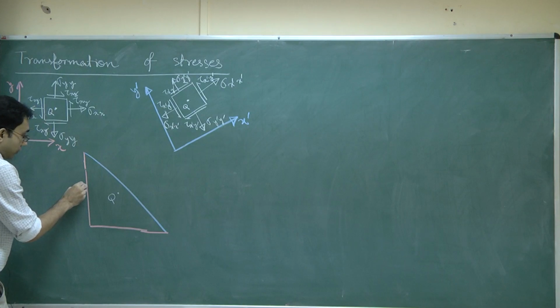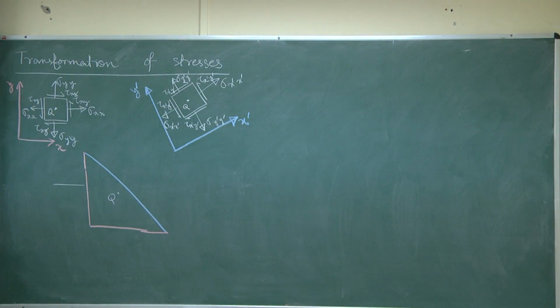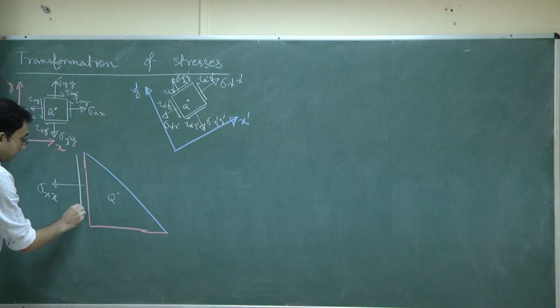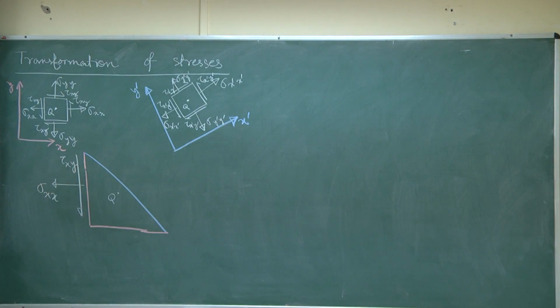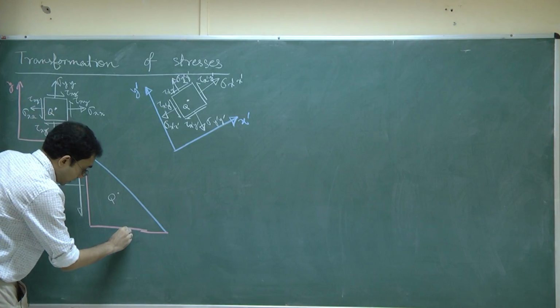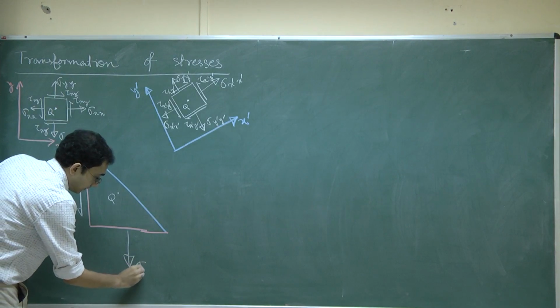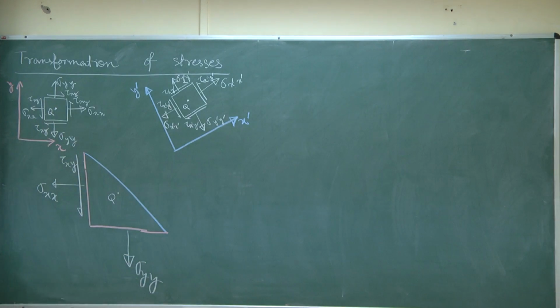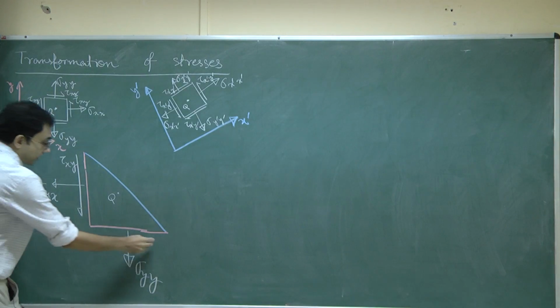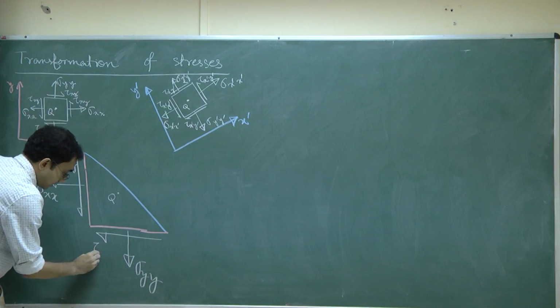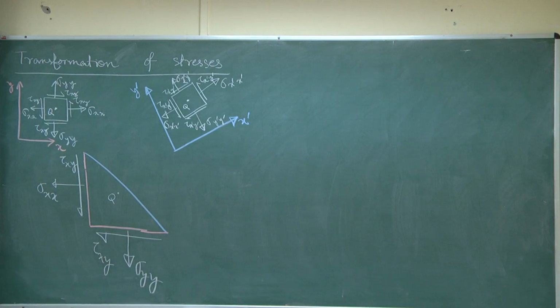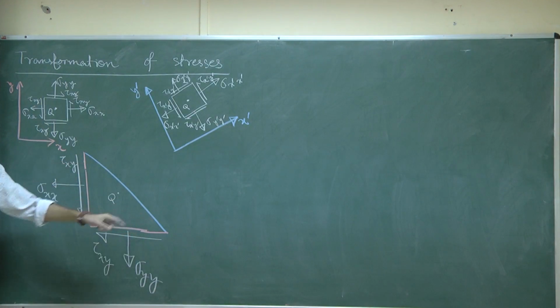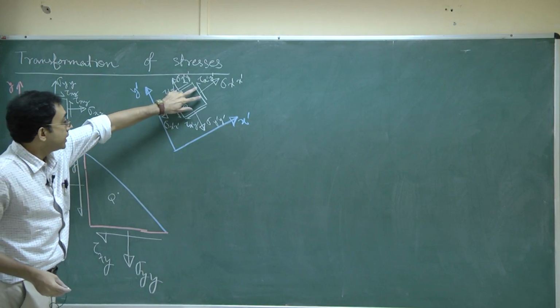We understand first of all that just as we had sigma xx and tau xy present, we will also have a sigma xx here and a tau xy here. On this horizontal edge, we will have the sigma yy and this shear stress component tau xy, and on this oblique blue edge we will have faithfully obtaining from here